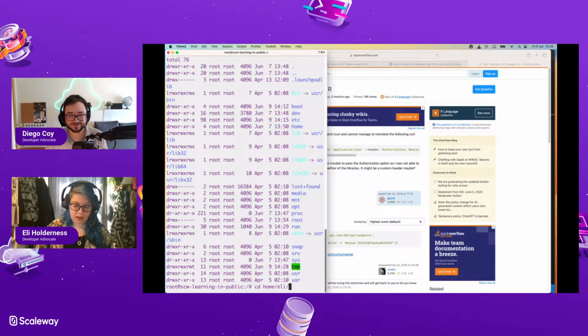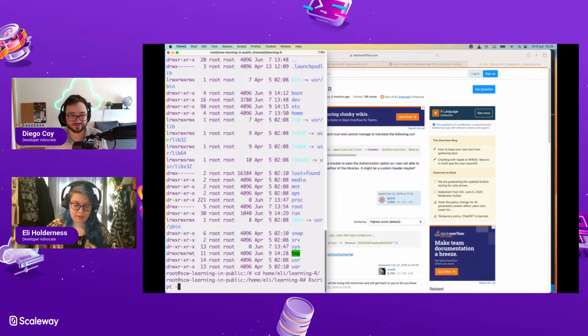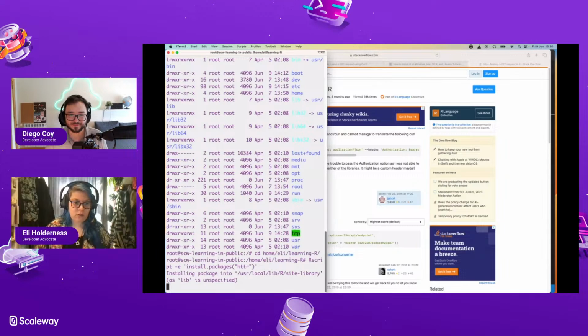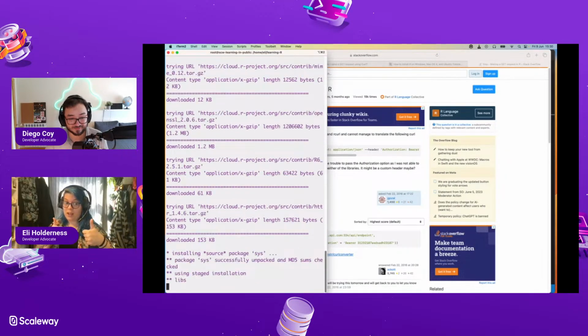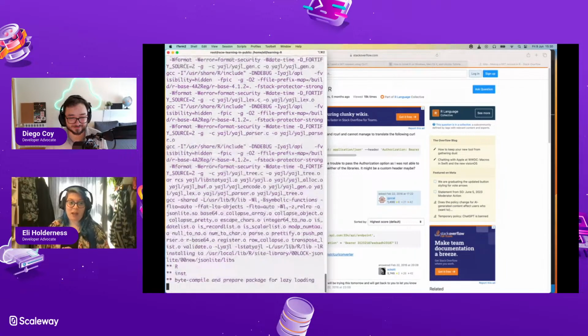Yeah, there we go, learning R. Now if I do Rscript -e install.packages, and it is HTTR that we want for making HTTP requests. It's doing things. Oh my god, Hackermans, I'm in.